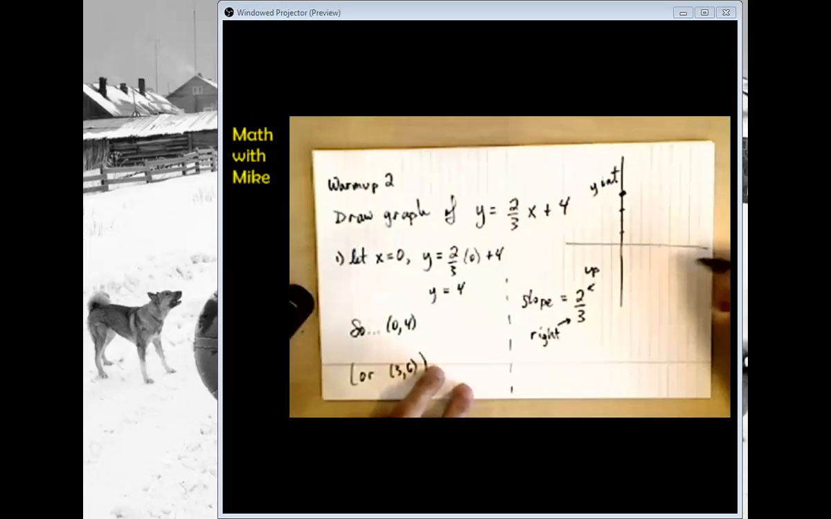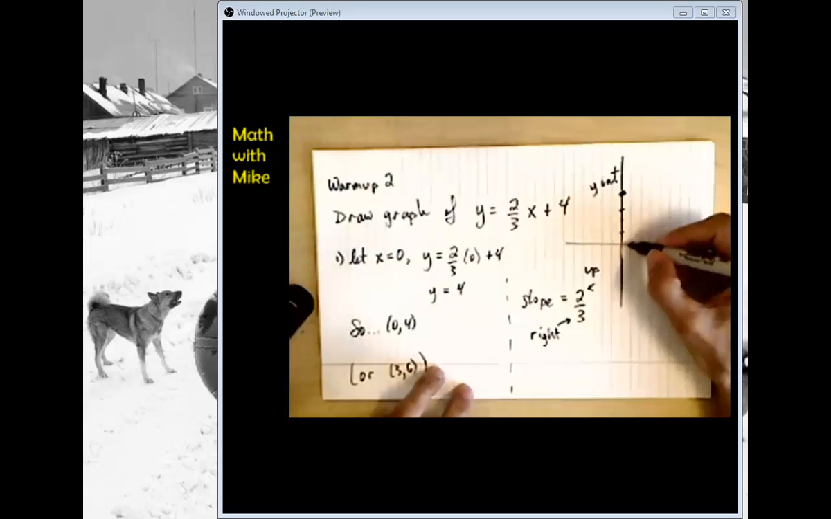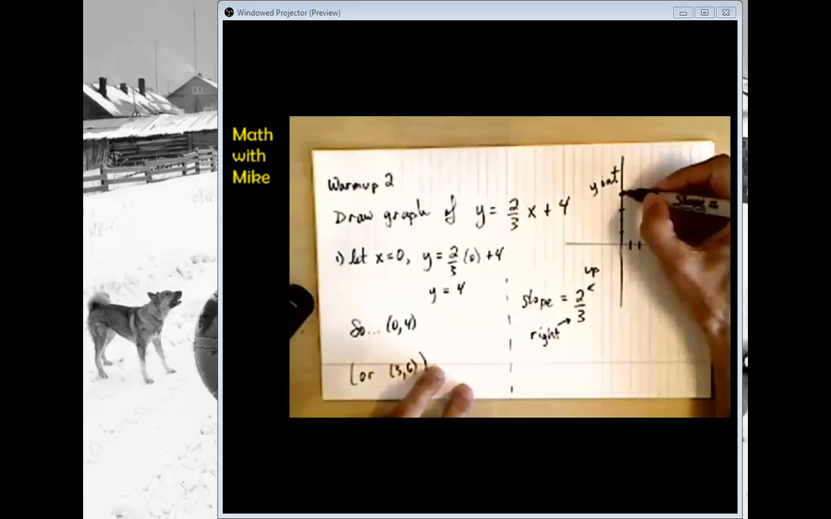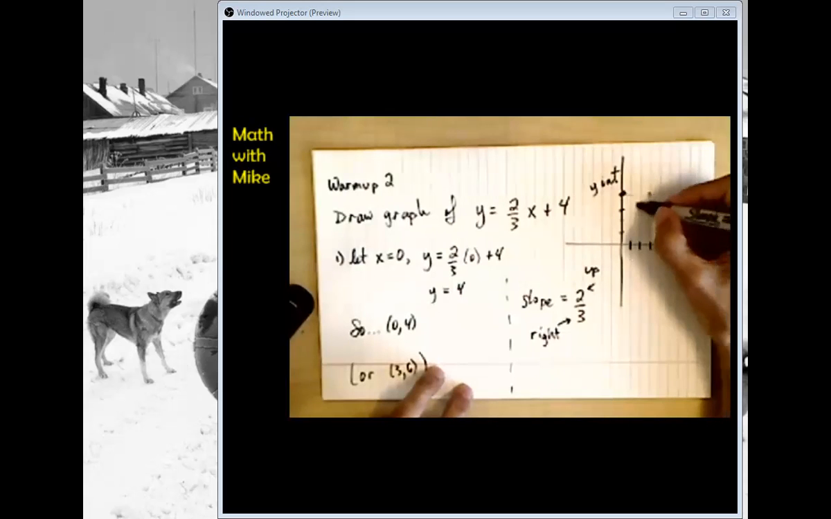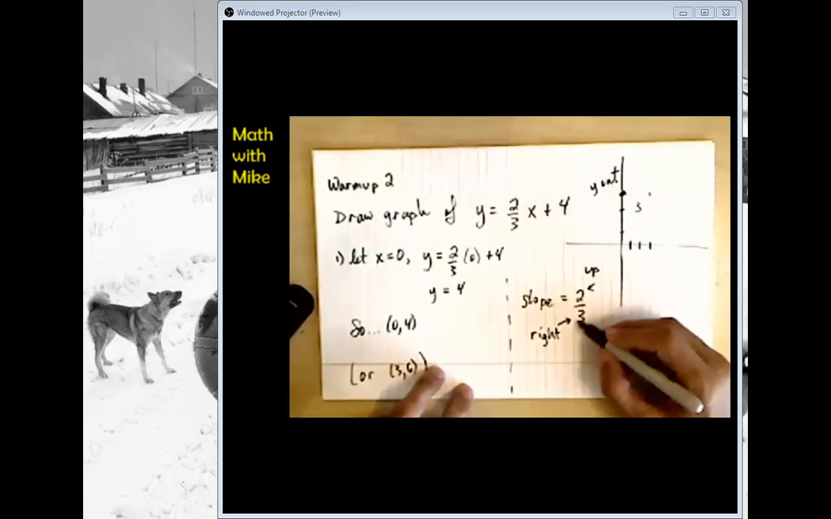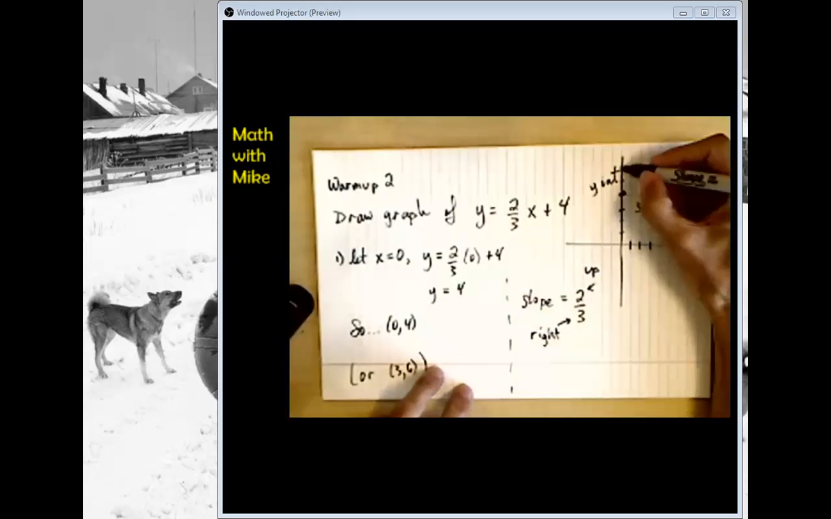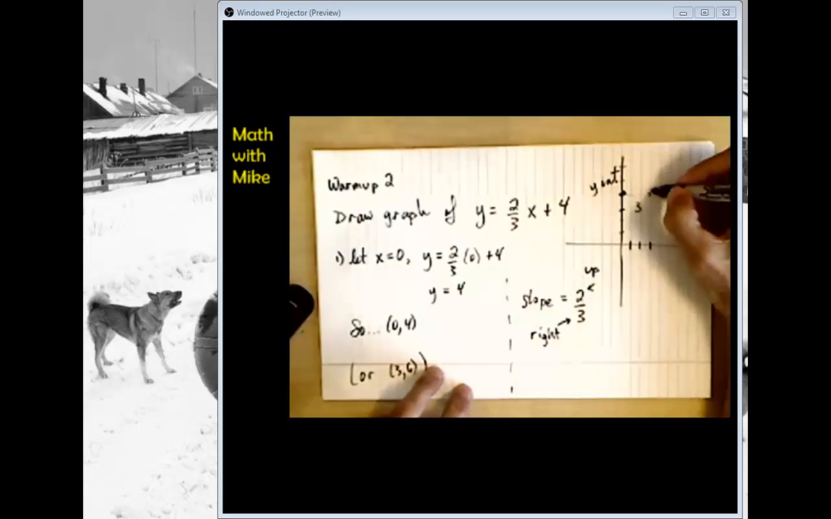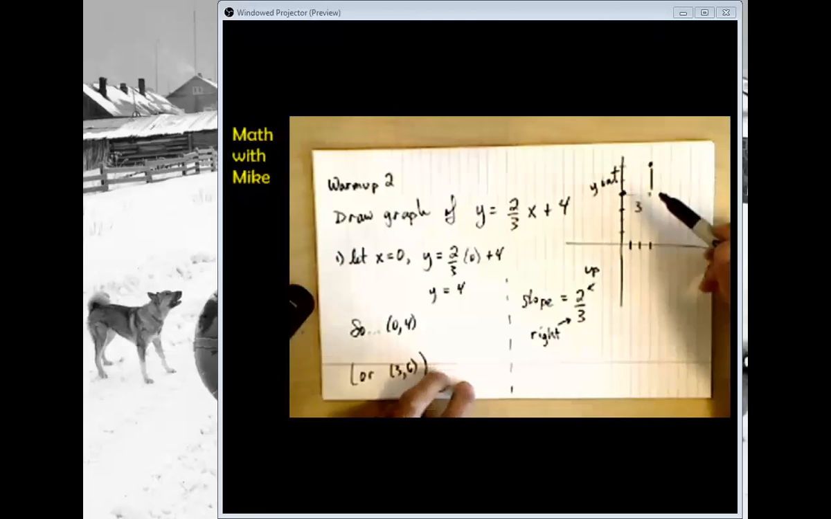Okay. This goes right. So we can do this now. It goes right by 1. We go right by 1, 2, 3. And then we go up by 2. We'll just put those in there. And so what we found is a second point now